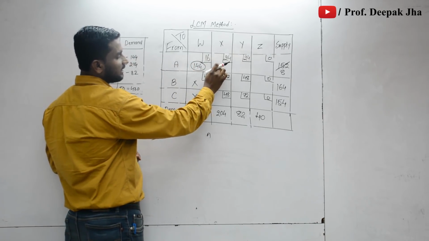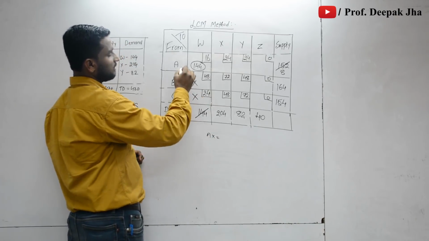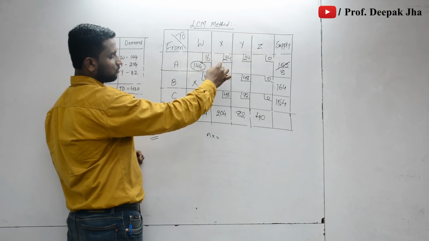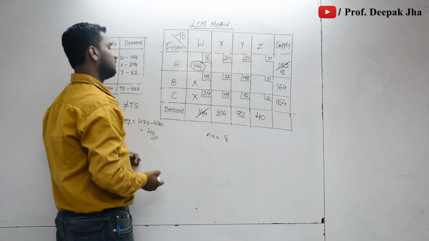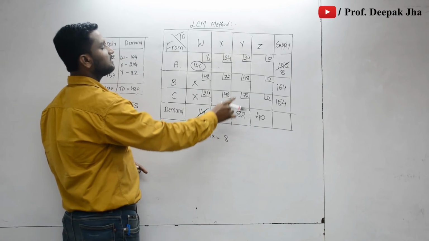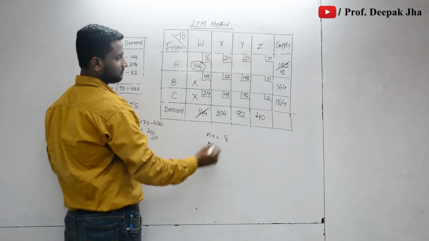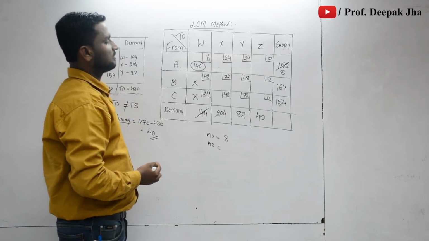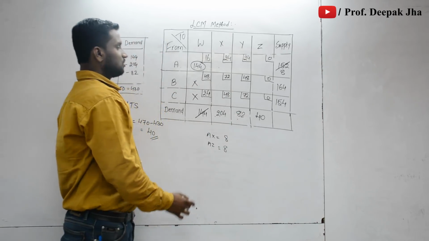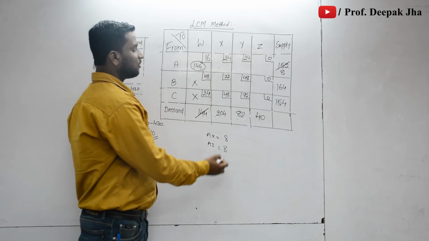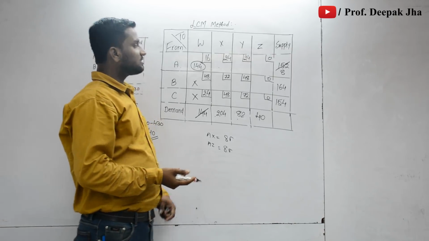If I allocate at AX, how many units can I allocate? Okay, if I make the allocation at AX, see the demand is 204 and the supply is only 8. So how many units will you be able to allocate? Only to the extent of supply, 8 units. Similarly check, if we make the allocation at AZ, the demand is also 8 and supply can be 84, 82. So only 8 units you can satisfy. So the cost is the same, the units are also the same. At that time you can take any, because there will be no change in cost.